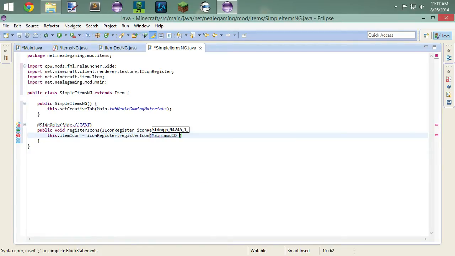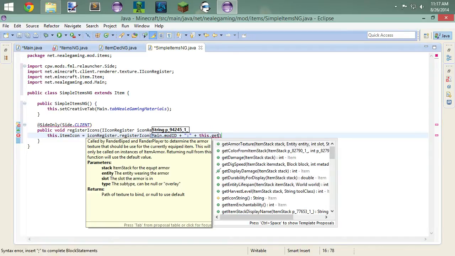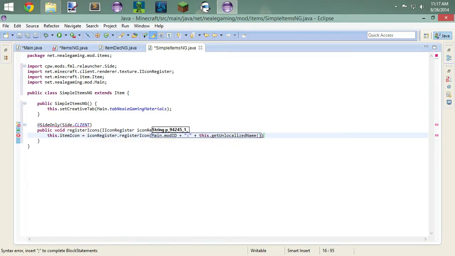Main.mod ID plus this dot get unlocalized name dot substring